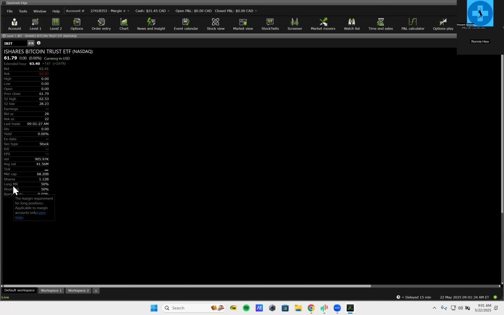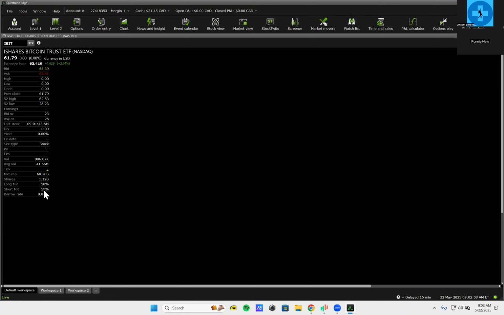So it says here 50% long margin. Long means when you buy something, you're long. Short means when you short something. People who want to buy something for it to go up use this rate. People are shorting. We also short, just so you know. Traders do short, especially futures traders, very comfortable being both long and short, because they just predict price direction, up or down. Very unlike stock traders, where we're always long, always buying to sell higher. We don't have a lot of traders who short.